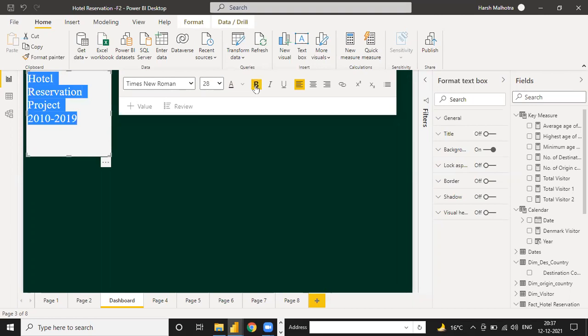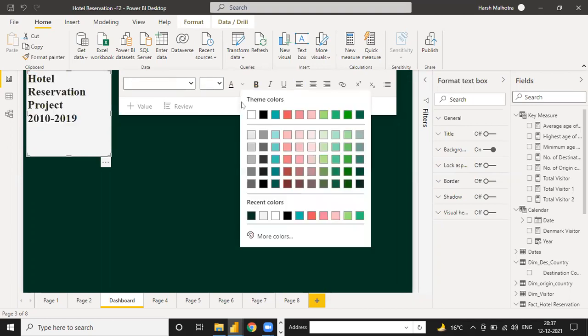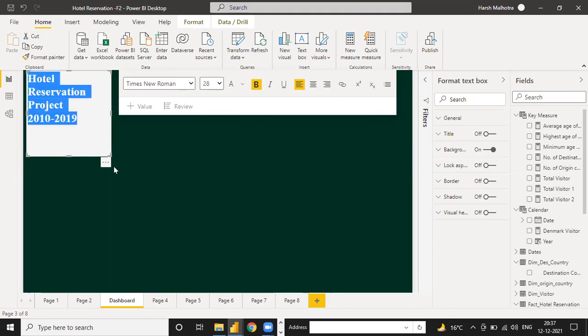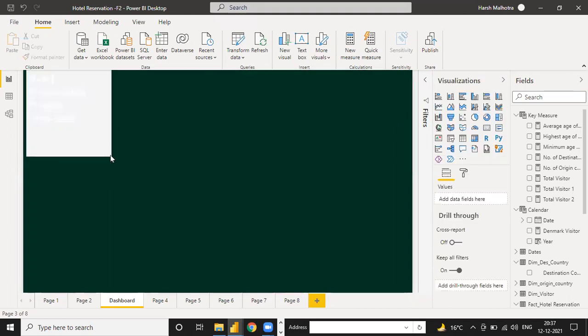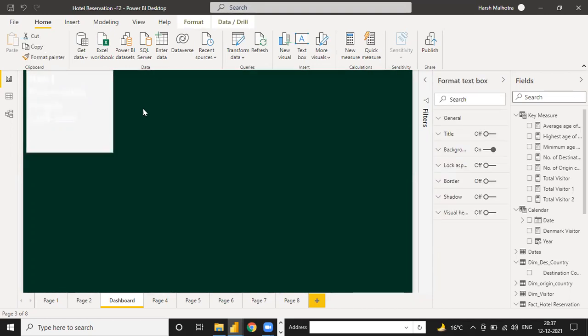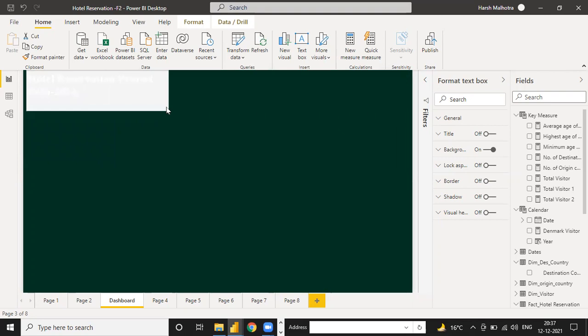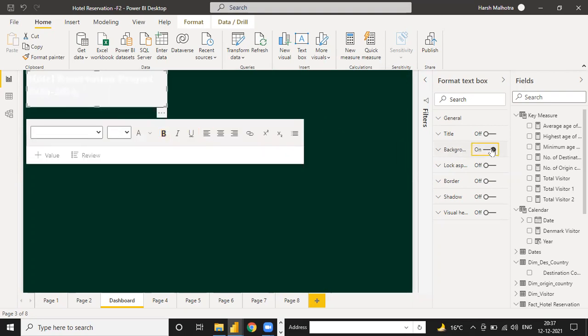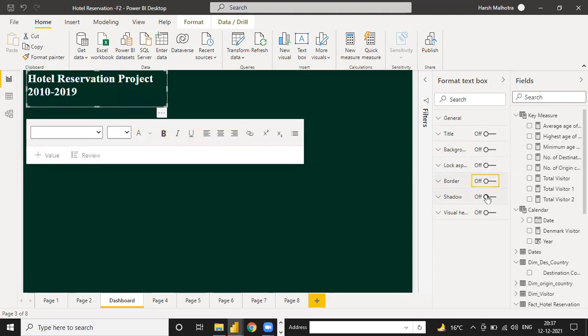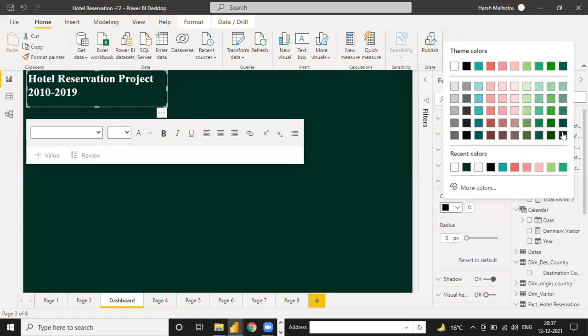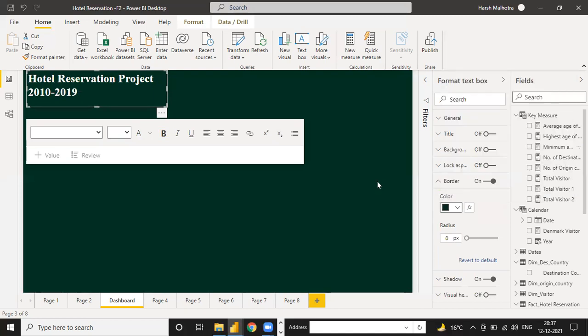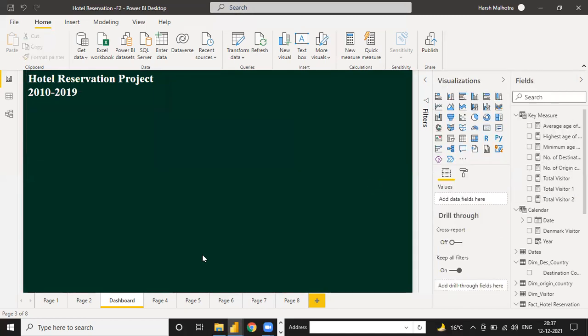For heading, bold. Color you can select white, on the dark screen you can choose white. Background off, border and shadow on. Go to this border, select the line, green line, not black. Okay, so like this, hotel reservation project, your heading is suitable.